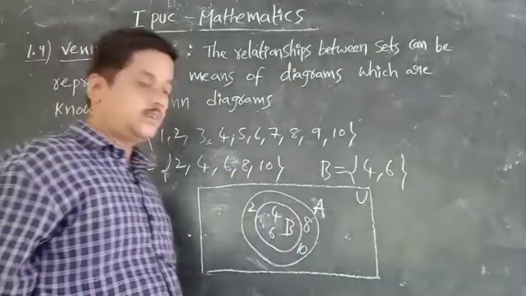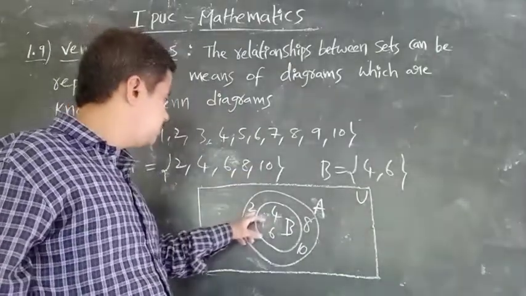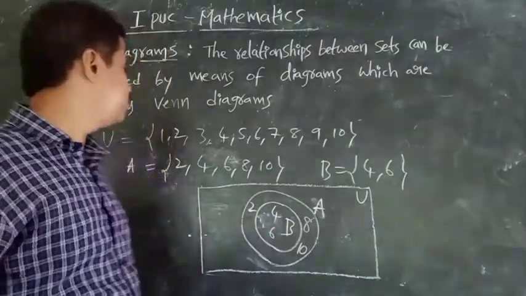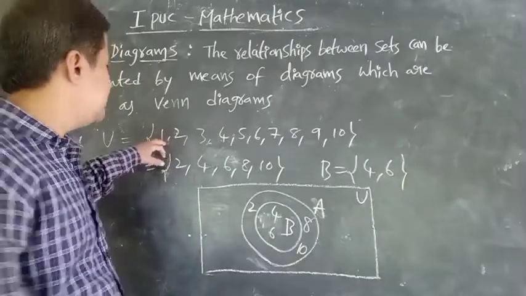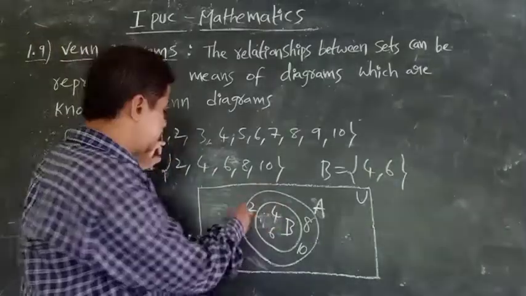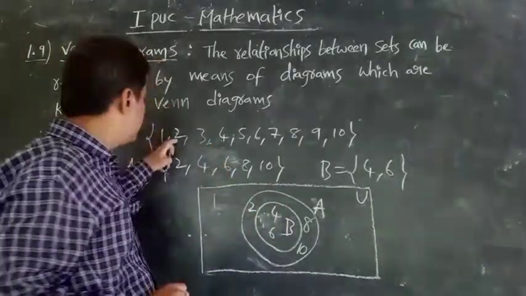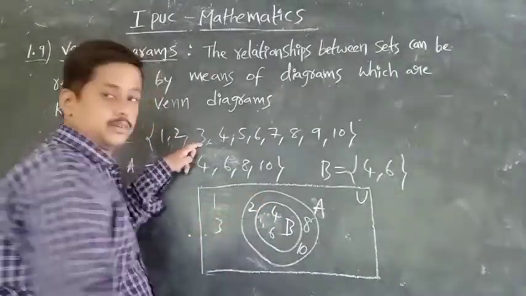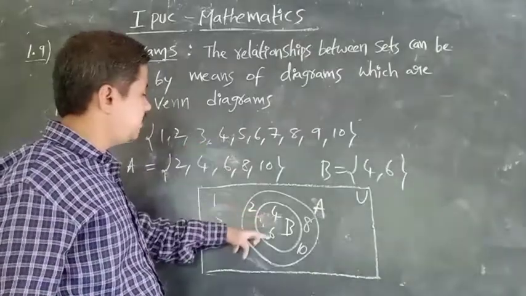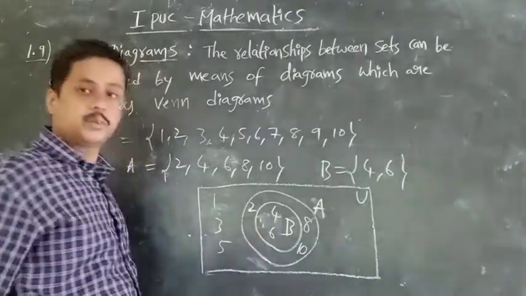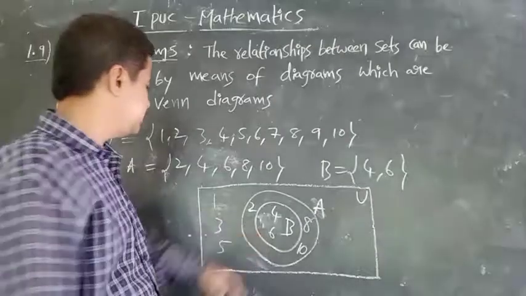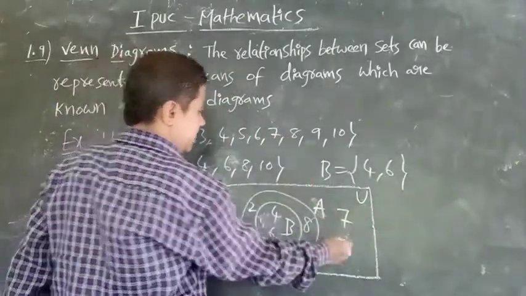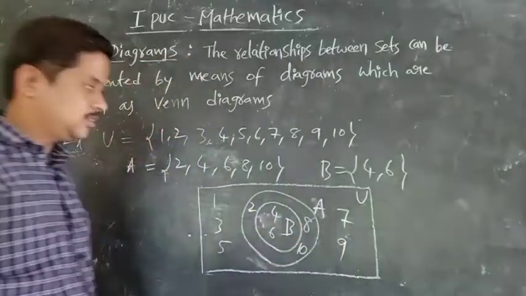Understood? Like that you can represent. Okay. 2 is there, 4, 4, 6, 8, 10. Over. Next, we will move to the next universal set. 1 is there in the A or B? No. That's why I write outside 1. 2 is there? Leave it. 3? Not there. Item 3. Okay. 4 is there. 5? Not there. Item 5. Okay. 6 is there. 7? 7 item. 7. 8 is there. 9? Not there. 9.